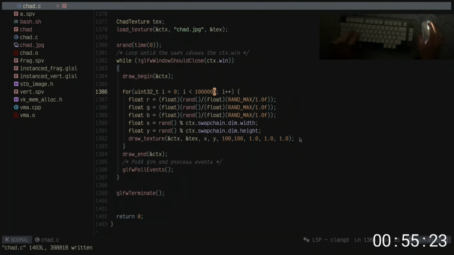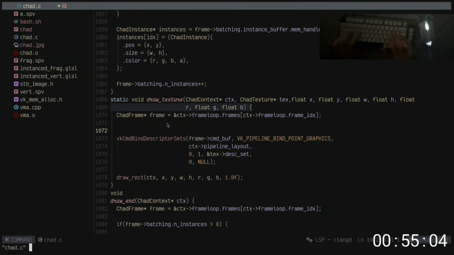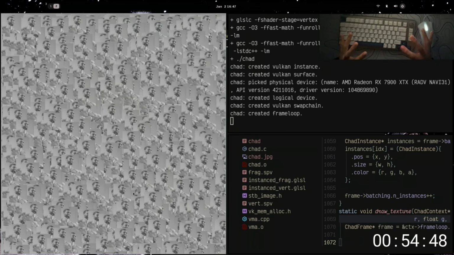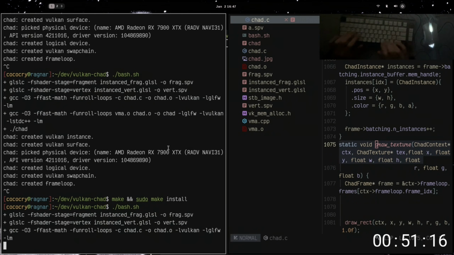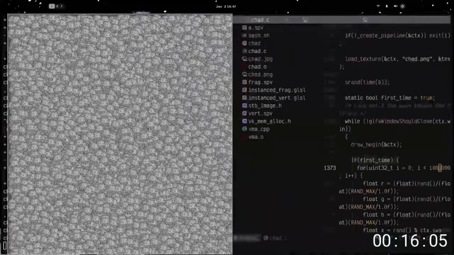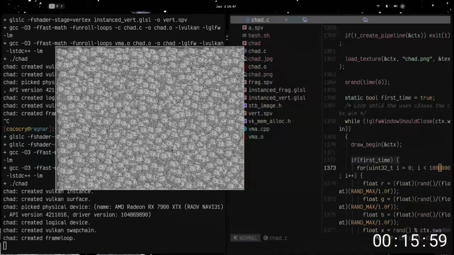Damn. 1 million Giga-Chads. Can't we just bind the descriptor set once? Yeah, whatever. Just do that. What you are seeing is 1 million Giga-Chads. Okay, so what I just did is kind of make the performance a little bit better. Okay, guys, so I actually messed around a bit in the shader. Look at this. This is legitimately 1 million Giga-Chads. Oh my